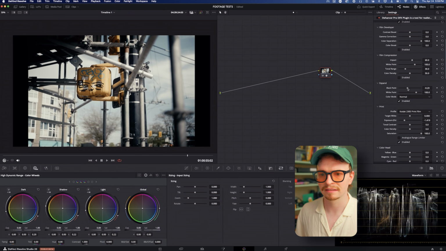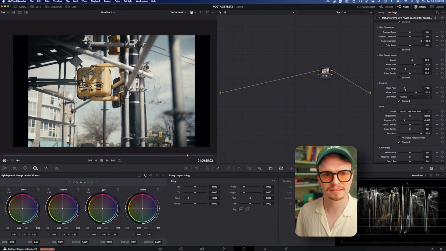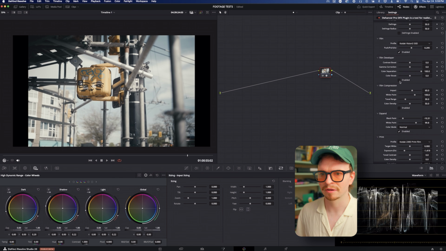Okay, so once I have that, I like to go over to the expand. I'll enable that, and I'll start trying to dial in my black and white points. So I want something a little faded, and I'll bring the whites down a little bit here so it doesn't look super contrasty. Then we can come up to the film developer. Now, I'm just going to use the color boost section here to bring some kind of saturation back into it. But again, the way that it adds that saturation just looks very natural, doesn't come across overly digital at all,